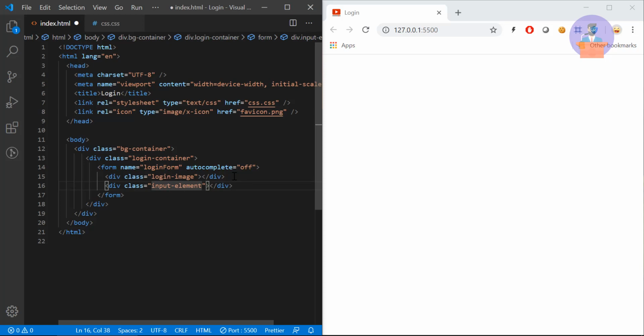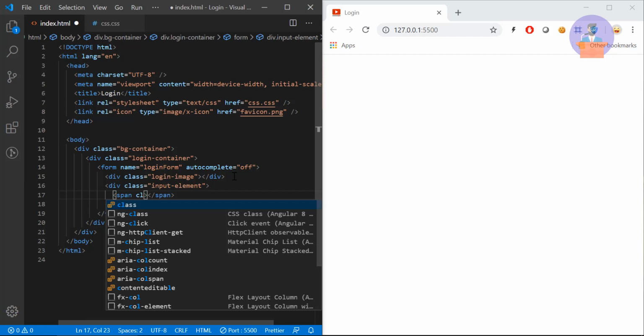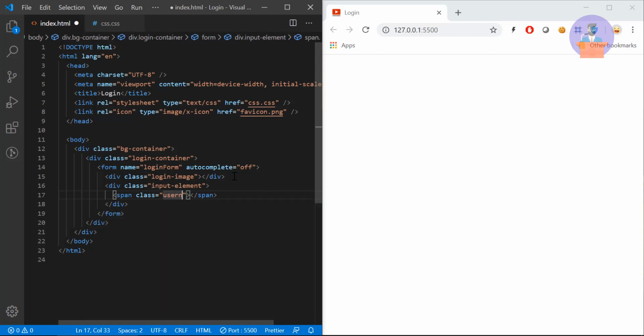This will hold all our input tags. Inside that I will have a span tag, and I will provide the class username dash logo.